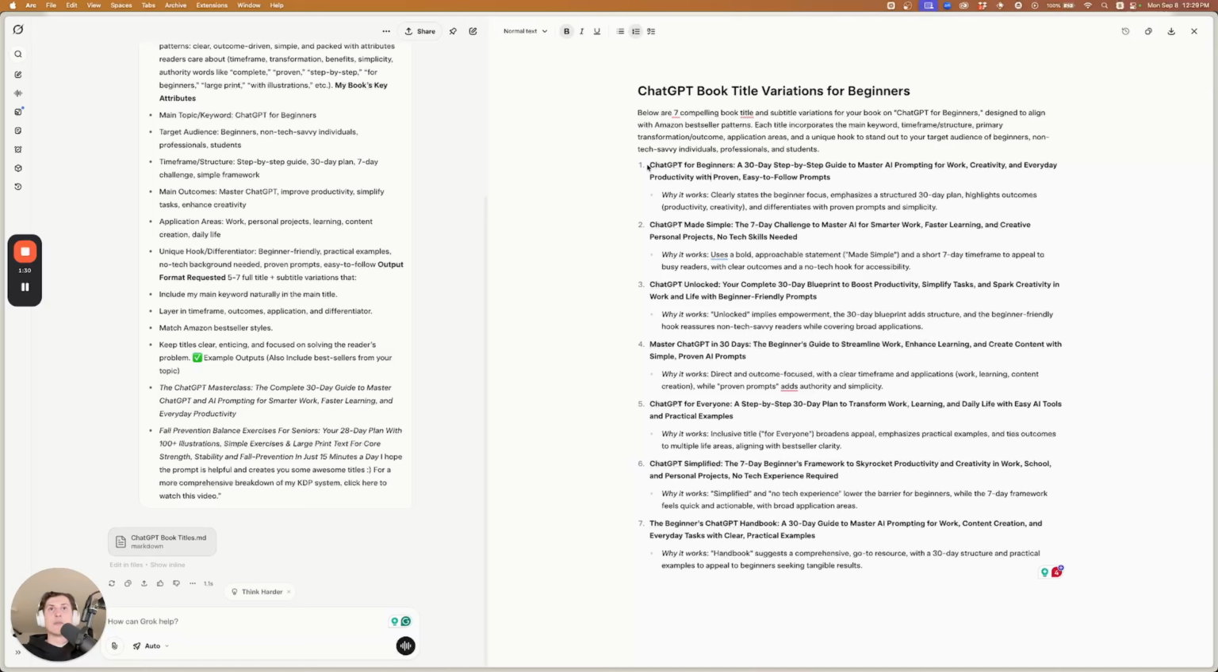So the first one is ChatGPT for beginners, a 30-day step-by-step guide to master AI prompting for work, creativity, and everyday productivity with proven, easy-to-follow prompts. Now, of course, these titles aren't going to be perfect, but as you can see, the structure is there. It has the bold title, ChatGPT Made Simple, ChatGPT Unlocked, and then it has a very clear promise and offer in the subtitle: your complete 30-day blueprint to boost productivity, simplify tasks, and spark creativity in work and life with